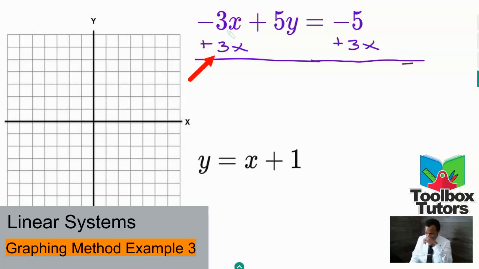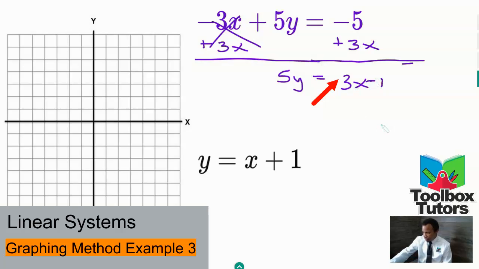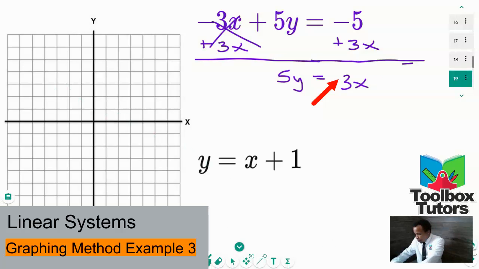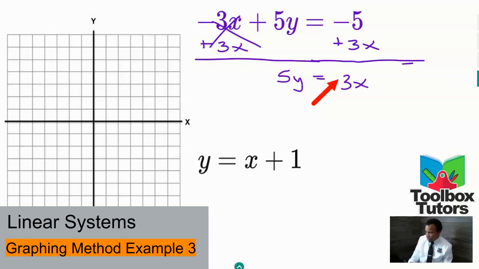So now these 3x's cancel out on the left side of the equal sign. We can bring down our 5y. We have our equal sign. And negative 5 plus 3x, those are not like terms. So what we'll do is just bring down these terms and leave it like this. Now that we have 5y equals 3x minus 5, we still need to get rid of this 5 from in